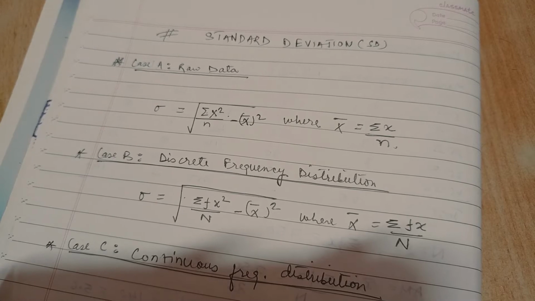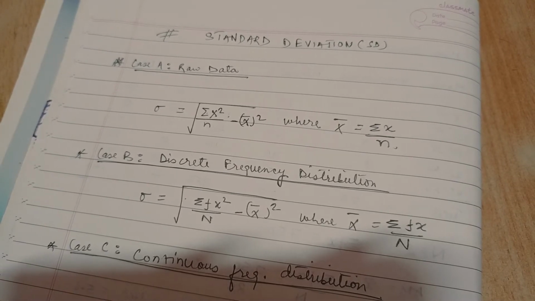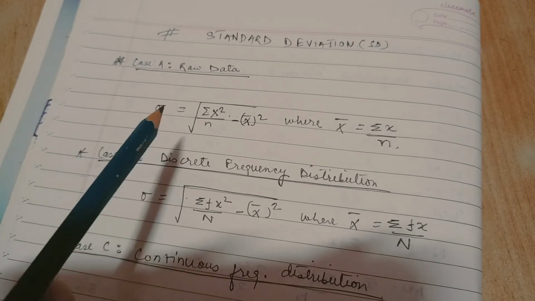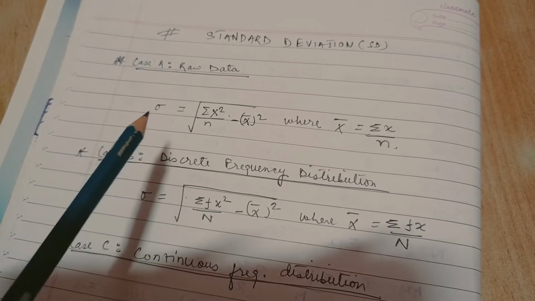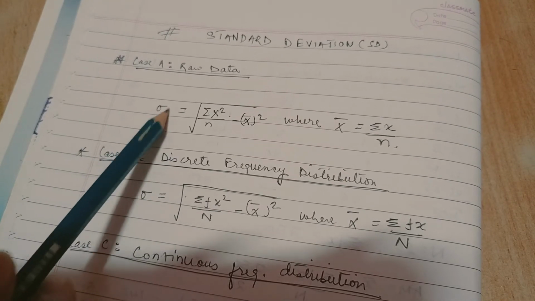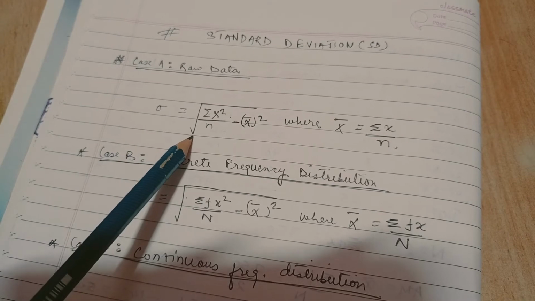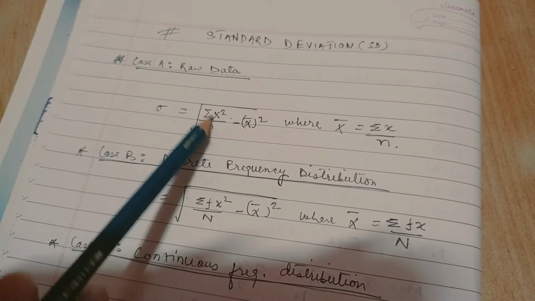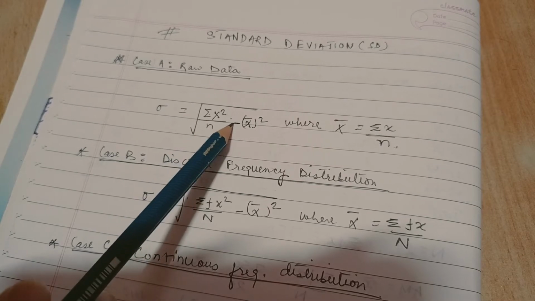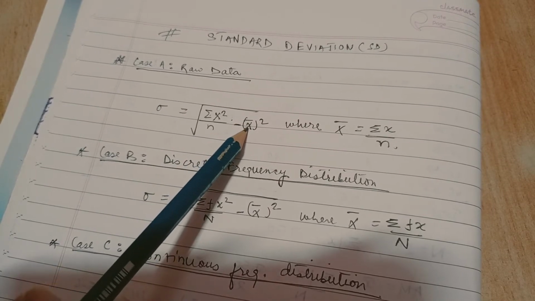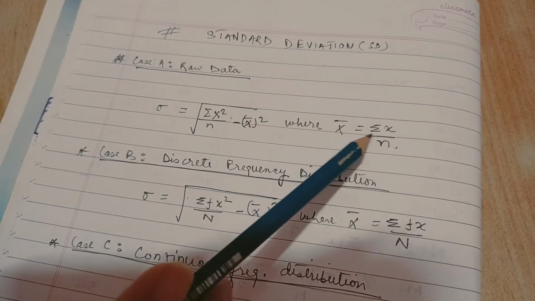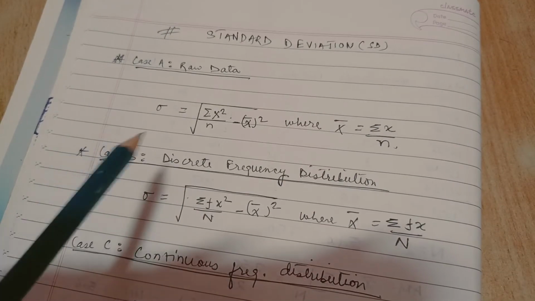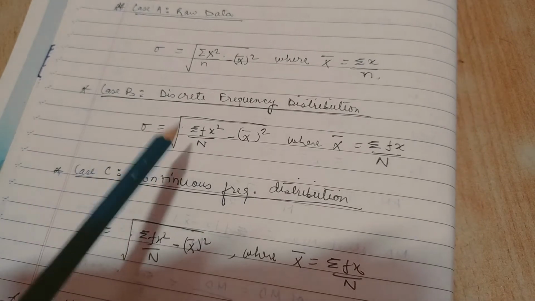So there are three types of data in standard deviation also: raw data, discrete frequency distribution, continuous frequency distribution. So let us see the formulas. Just note down the formulas, and I would be explaining it clearly with the questions. So standard deviation is denoted by this symbol. Then it is given by under root summation of x square by n minus mean square, where x bar is equals to mean. Okay, you would be understanding more clearly when we solve the problems. So just write the formulas for now.